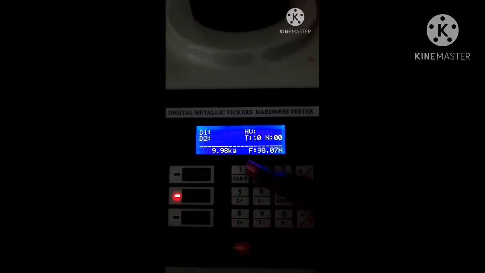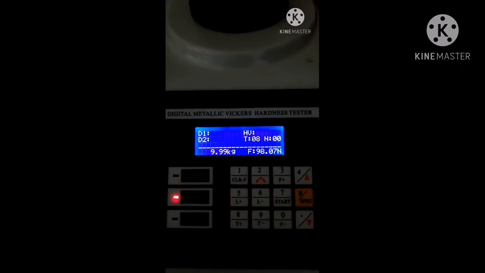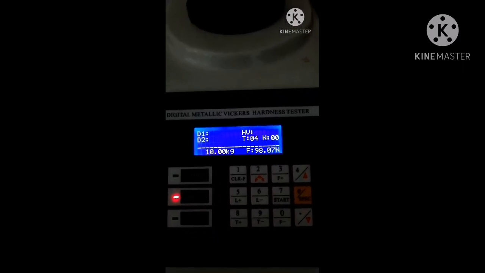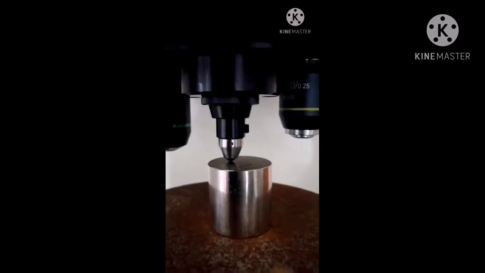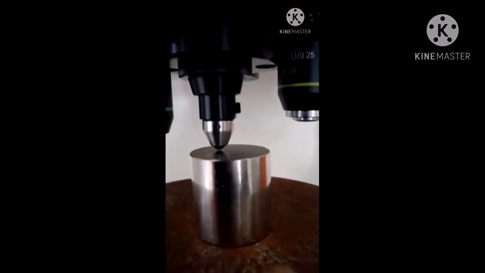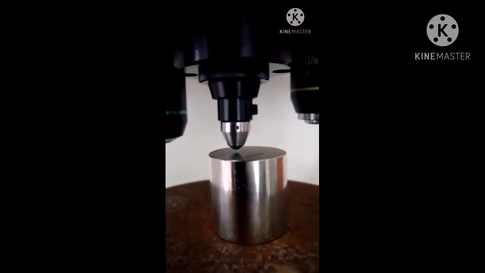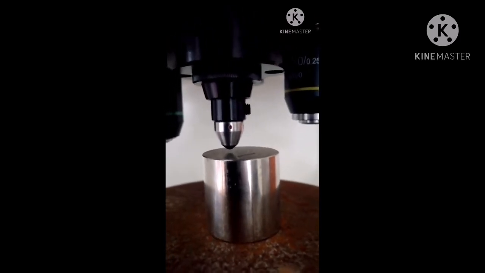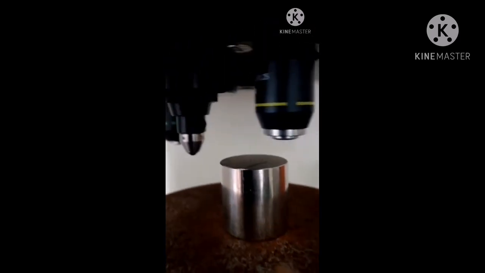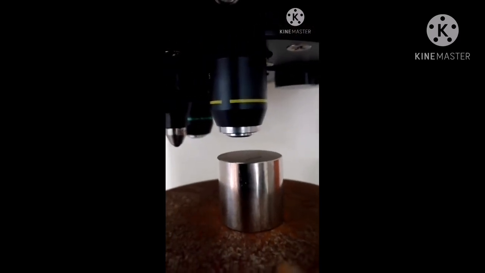The indenter lifts again and pulls back, and the microscope lens resumes its former position.